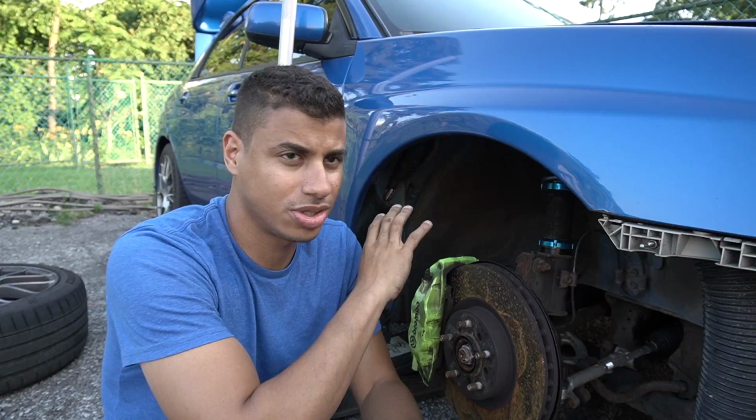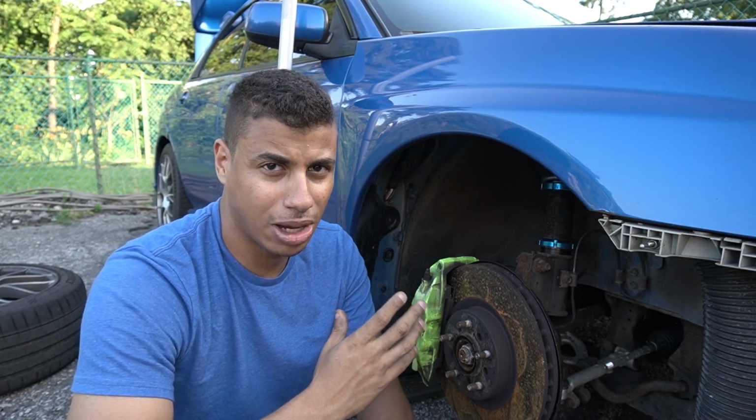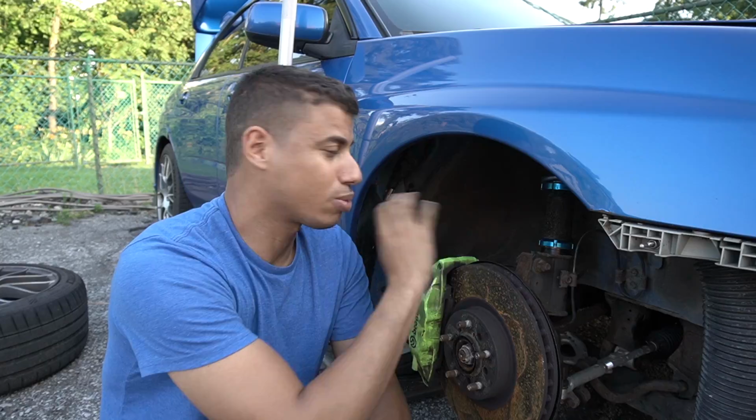Light surface rust towards the... and this is after about 1 or 2 winters. The threads, before I